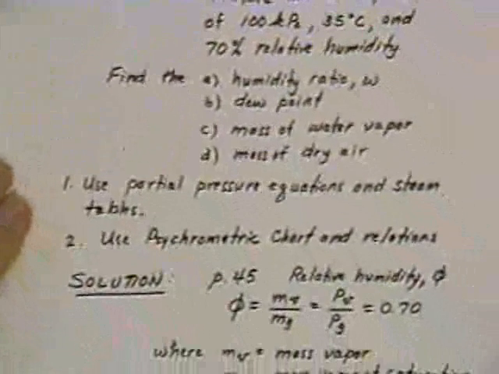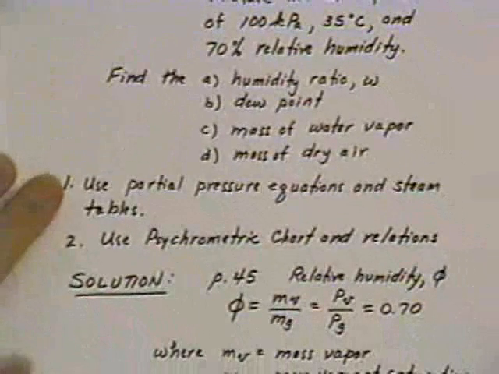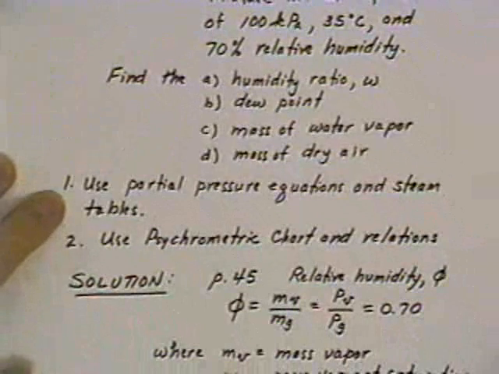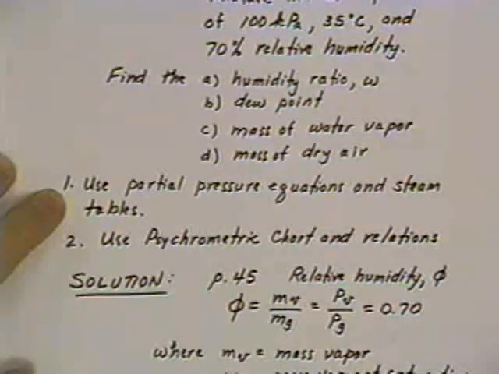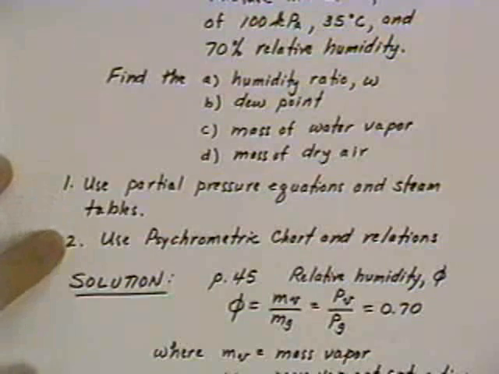Now, we're going to do this two ways. One is we're going to use the partial pressure equations and the steam tables, which is using Dalton's law of partial pressures and the information out of the steam tables, because the water vapor existing in the air is really steam, except it's at very low pressure conditions. And then we also want to use the psychrometric chart and the psychrometric relations to solve the problem. In many cases, as long as we're talking about atmospheric pressure, you can get a lot of the information and solve it much faster off the psychrometric charts than you can using partial pressure data. However,